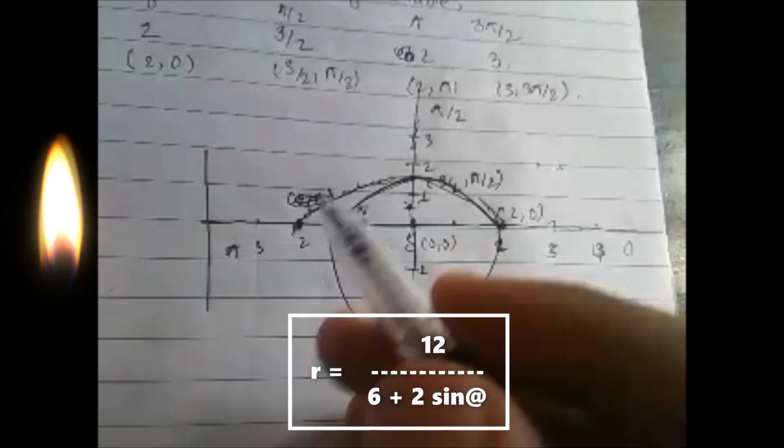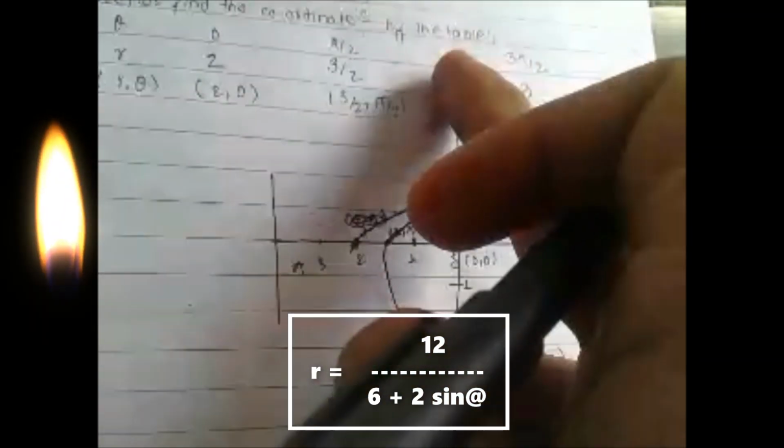So this is our curve, how it looks. Its major axis is the y axis, since what is given is sine. Now for the description,